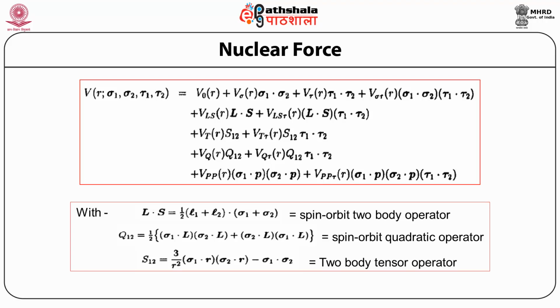So, we have studied all those properties. Those properties we came to know from the experimental data. Now, if we want to write an expression for nuclear interaction or interaction potential, then we can write it in the form that V(r, τ, σ1, σ2, τ1, τ2) is equal to V0(r) plus